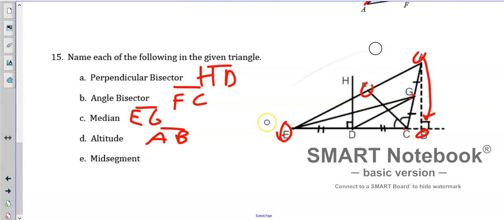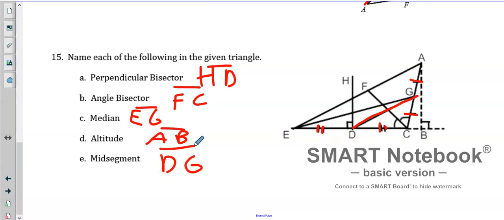And last but not least, a midsegment. A midsegment connects two parts of a line of side that are marked equal. So here I have that, here I have this. What is connecting those two? Right there, DG. And that is